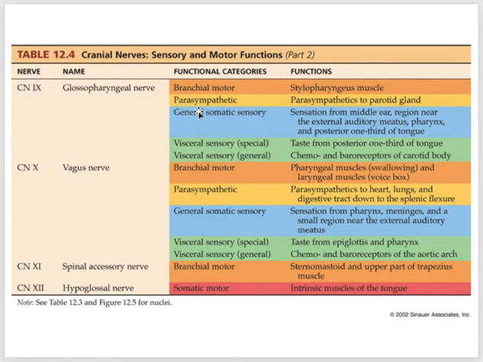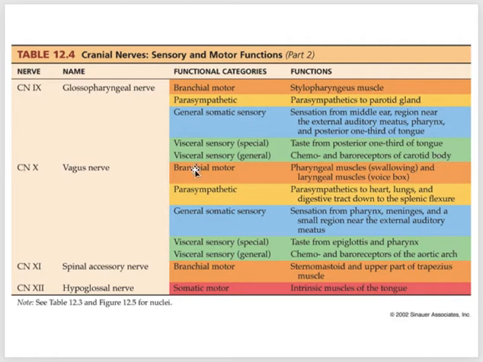So glossopharyngeal also carries the parasympathetic fibers which supply the parotids. General sensations from the middle ear region. Okay, special sensations from the posterior one-third of the tongue, taste sensations. And also it carries visceral sensory, but general, chemo and baroreceptor of the carotid body. So the taste sensation from the anterior two-thirds is carried by the facial nerve, the posterior one-third is carried by the glossopharyngeal nerve, and the taste sensation from the epiglottis and the pharynx is carried by